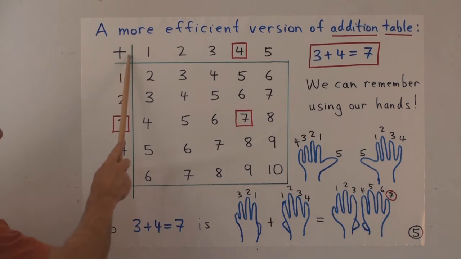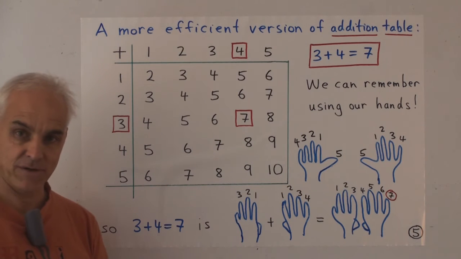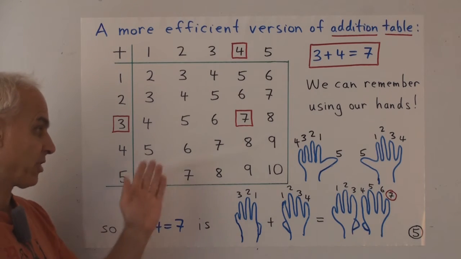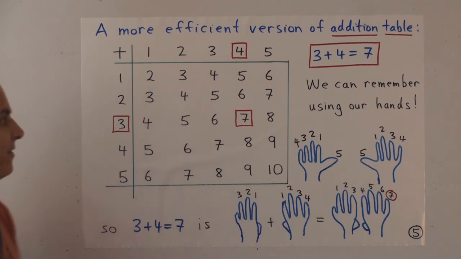First of all, this is a table for addition. So this little sign that I'm putting here makes it clear that we're talking about addition, not multiplication. Later on, we'll have a similar kind of table for multiplication, which will be a little bit more complicated. This is a pretty simple table, as you can see, because the pattern is reasonably clear.